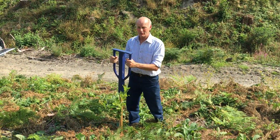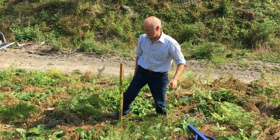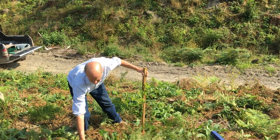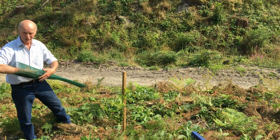Usually put the stake on the windward side, nice and soft here. We usually use a drive awl because it helps with the stake, so we don't break the stake so often. You take the guard out of the box, you put your arm up inside it, splay your fingers,